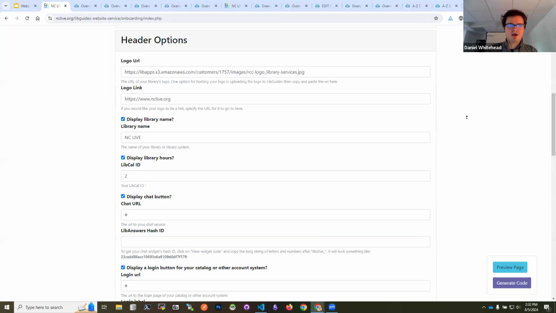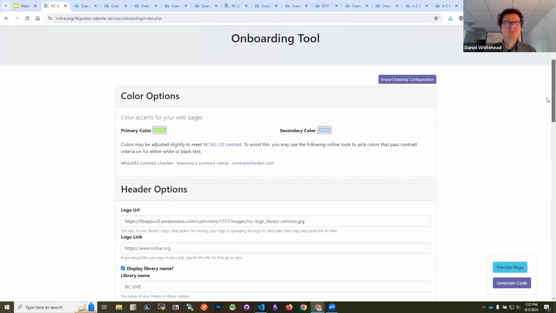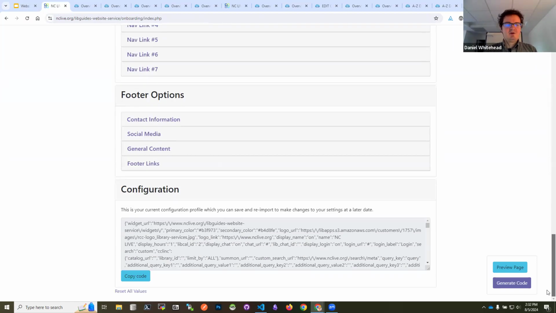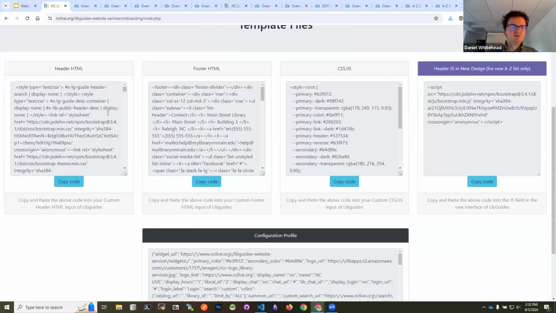So what we can do, now that we're happy with our lime green and our light gray or light blue, steel blue, I'm not sure, if we're happy with how that looks, is click this generate code button on the side. And what this is going to do is generate several different